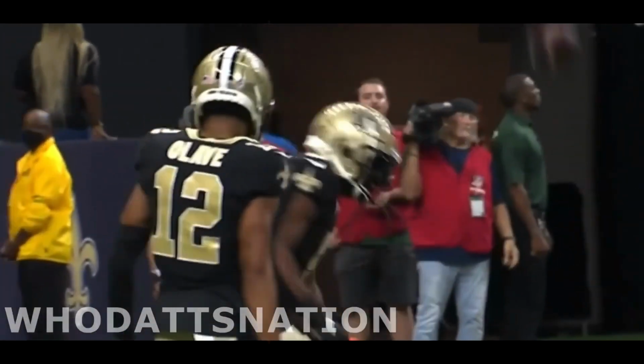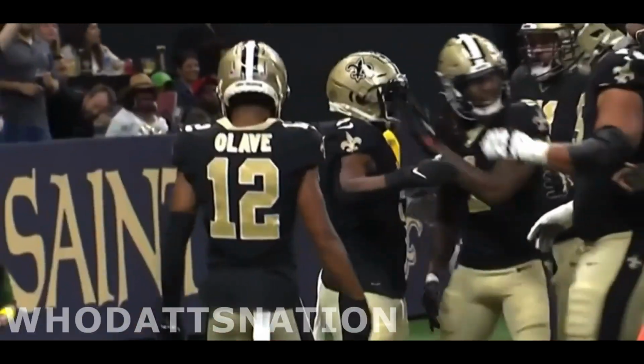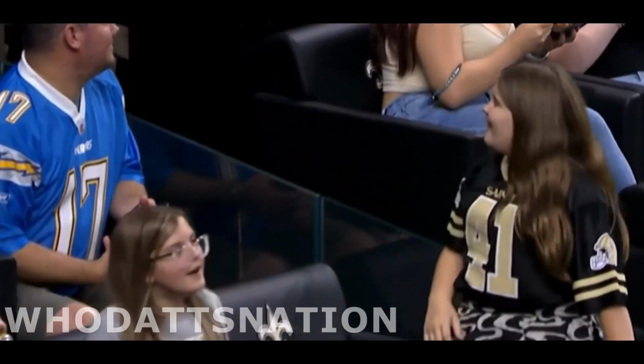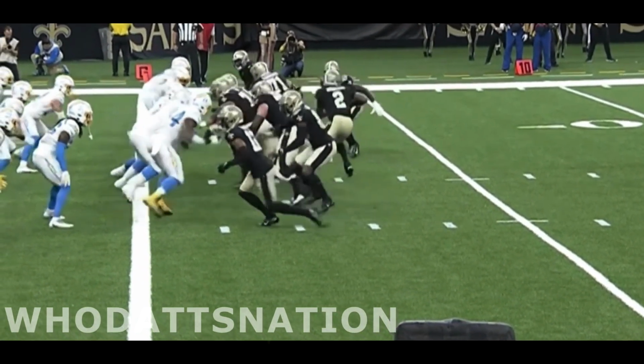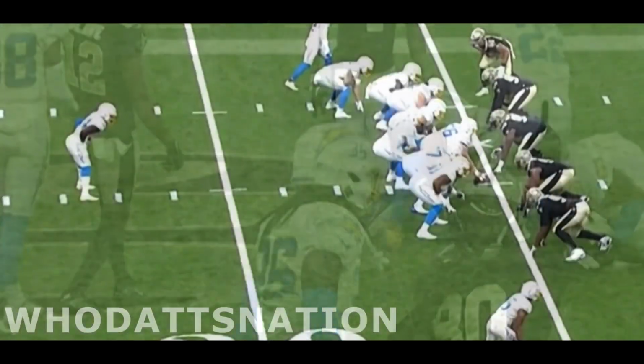Well, when Jameis Winston was asked to make the throws, he made every one across the middle on the numbers to Olave and Landry. But really, this drive was a statement drive for this offensive line and running backs. Whether it was Mark Ingram or Alvin Kamara, this group got it done this first series. Yeah, this is why we said this is not